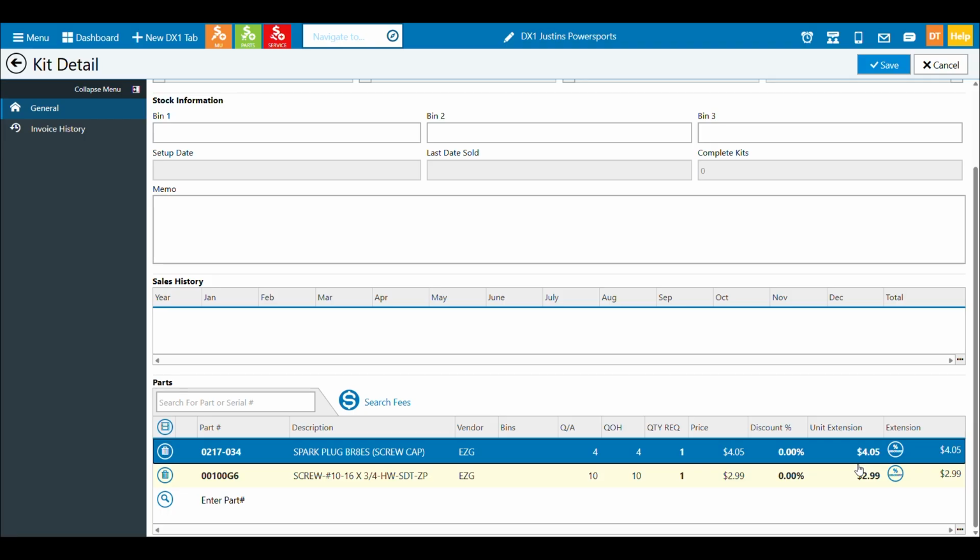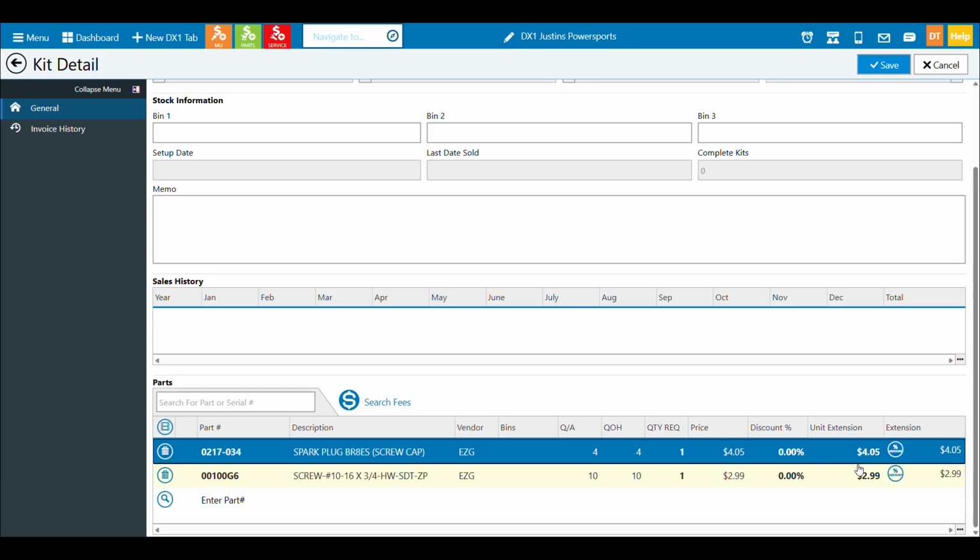Now, about the pricing with the kit, one of the great things about DX1 managing your data is if the prices were to rise on these particular parts on a given night, we'll update those in the background. So when you're selling parts, it's automatically updated. Same goes for a kit. If you don't touch this price right now and it goes up to 425 overnight, we'll update your system and this price will show us 425 the next day.